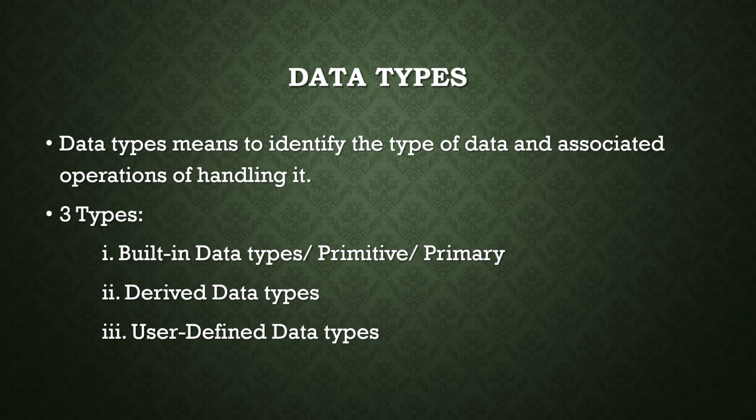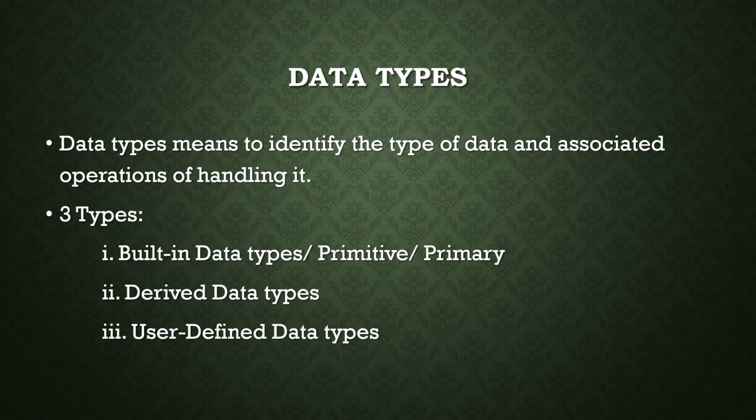That is also a number, but it is a decimal, a number with decimal points, isn't it? So based on the value, and the operations associated with the data, we can define the data